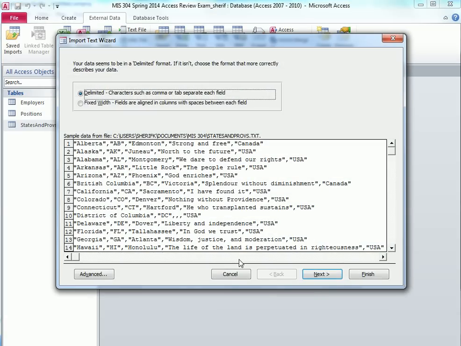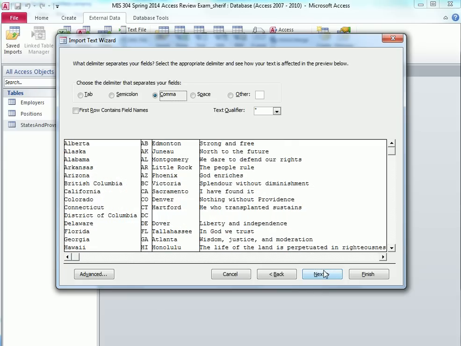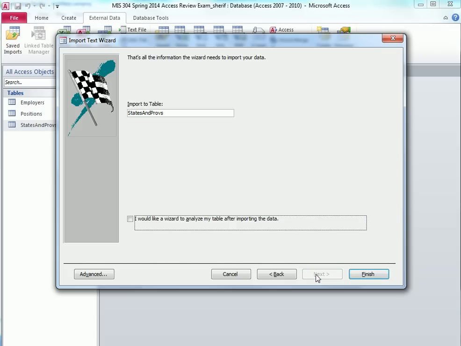And it says here are the data that's in the file that you pointed to. So you click next. And Access is intelligent, so they say, okay, we are going to divide them into columns or into fields separated. As soon as we see a comma, we know that that's a new field. So it will be Alberta, and then AB, and then Edmonton, and then Strong and Free. So click next and finish